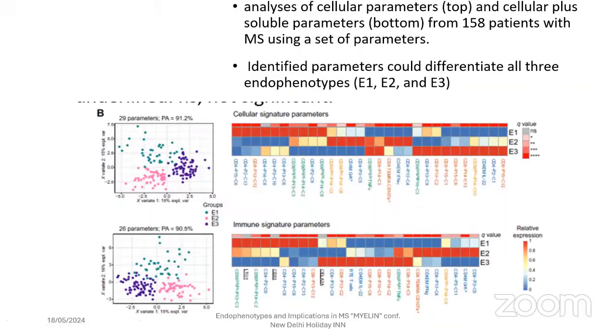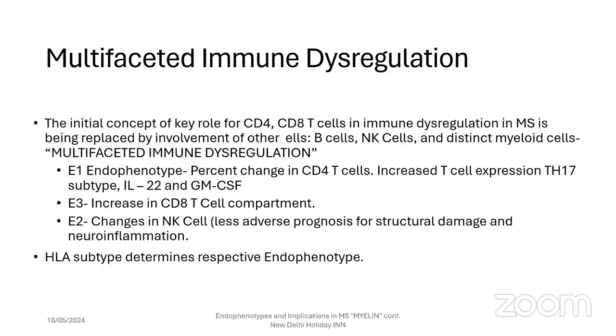So what they did was these cellular signature parameters and immune signature parameters, they are used to define these endophenotypes further, and the multifaceted immune dysregulation has come into vogue. So the initial concept, as I earlier mentioned, gave a key role for CD4, CD8 T cells in this immune dysregulation. But this is replaced by the notion that there are involvements of other cells like B cells, NK cells,